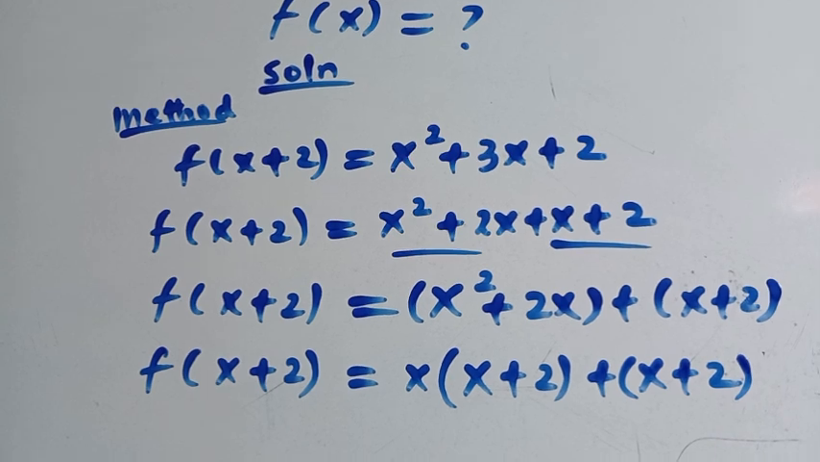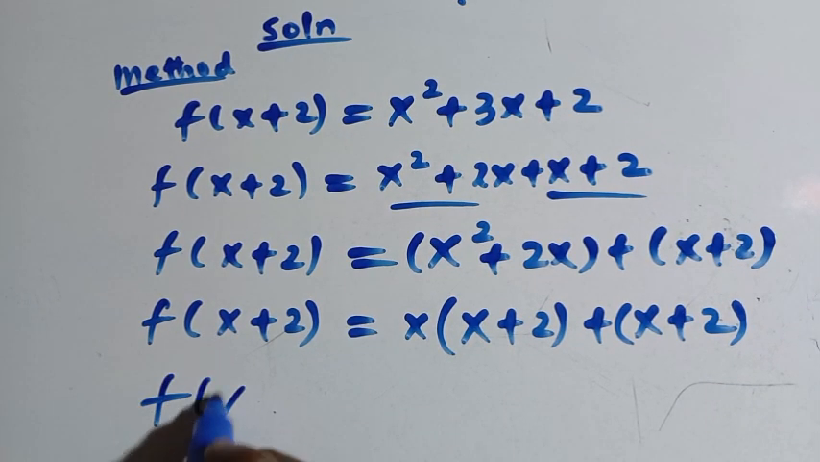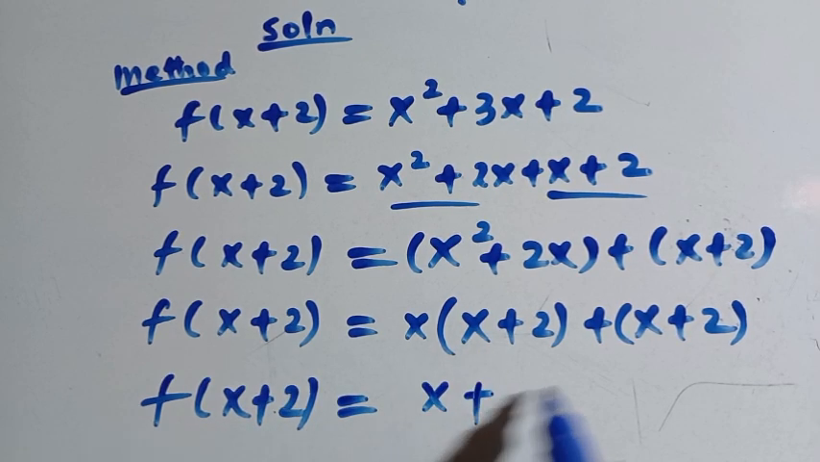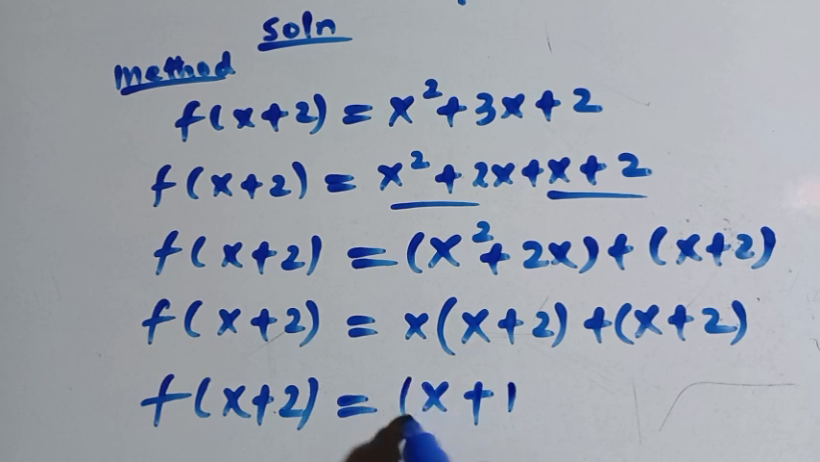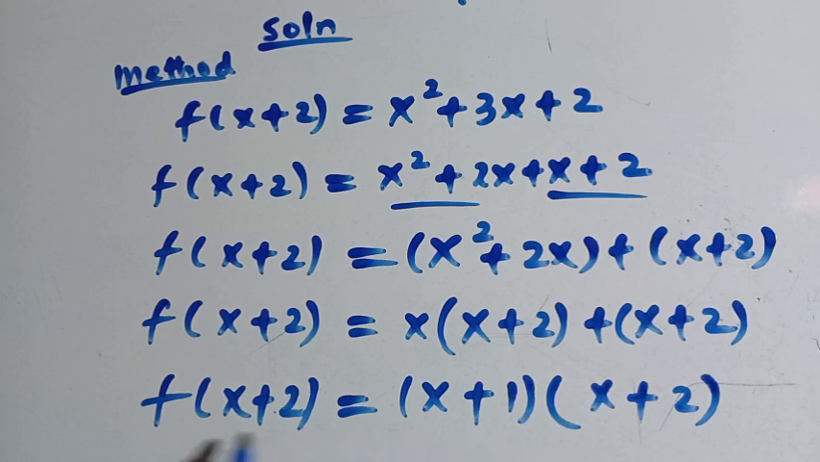As we can now combine them together, we have f of x plus 2 equals x plus 1, and here is x plus 2. So we have factorized the quadratic above as two factors, which are x plus 1 and x plus 2. So the next one is, if this is the domain as x plus 2, and looking